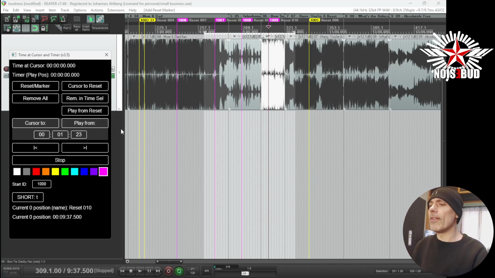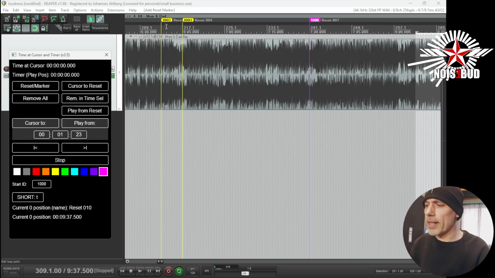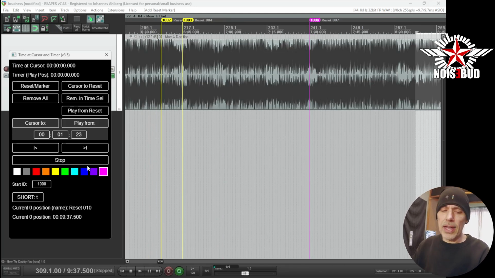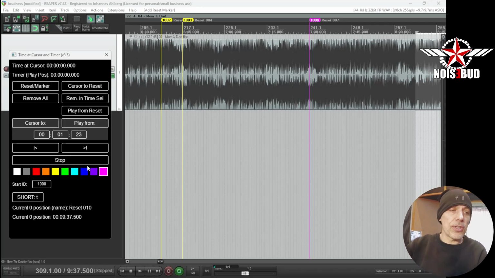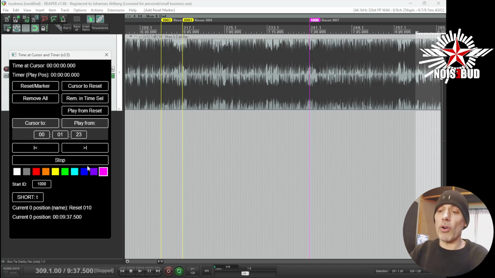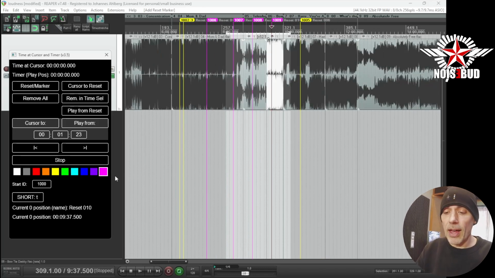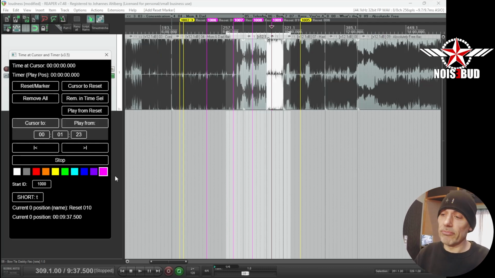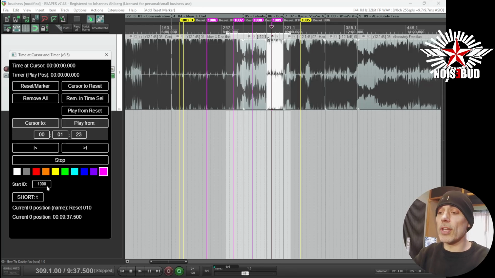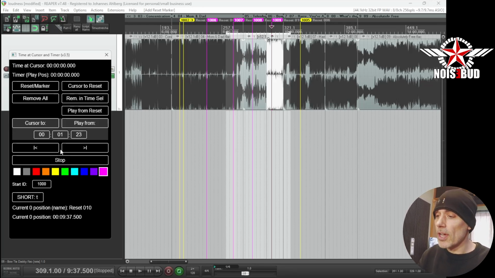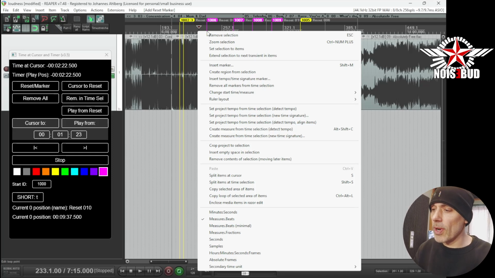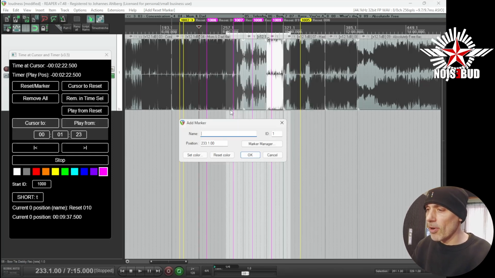Then it's number 5, and it's also Tim's idea. It was that I started from the first free marker ID. So if you didn't have any markers in a project, it started at 1. So Tim suggested, can't we have it start at an odd number, like 100 or 1000, so you can separate them from other kind of markers? Because that's the thing with the script. If you have existing markers